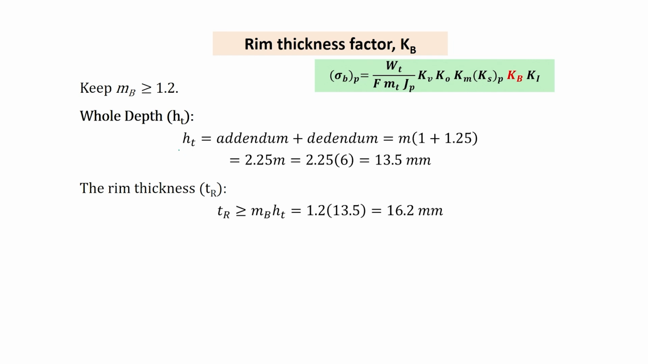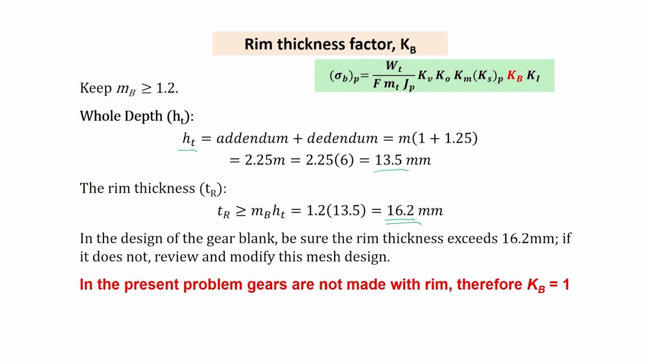and the HT, the total height, is equal to addendum plus dedendum, and for our case it is 13.5, and so the rim thickness should be more than 1.2 multiplied by this HT, which is 16.2. So the rim thickness shall be more than 16.2. Now in our case, for the pinion made on a blank, and for the gear also, we will ensure that TR is greater than 16.2 and thus KB is equal to